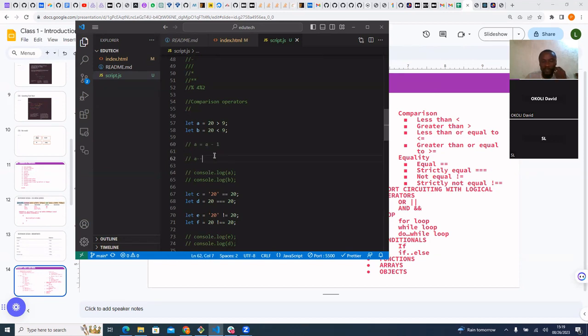I was saying that this line 62 is the same as line 60. If you need to reduce a variable by a unit, that's one, instead of going ahead to write it this way, you can equally write it this way. For instance, for example, let's